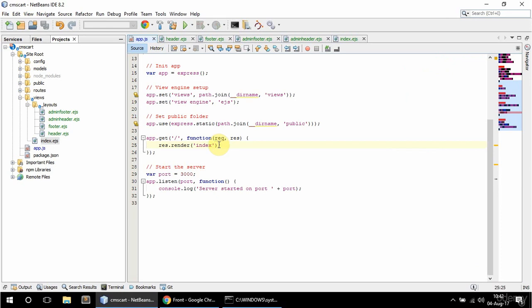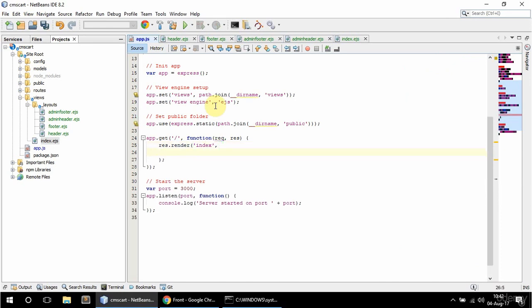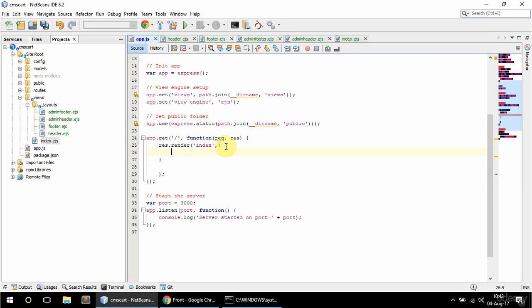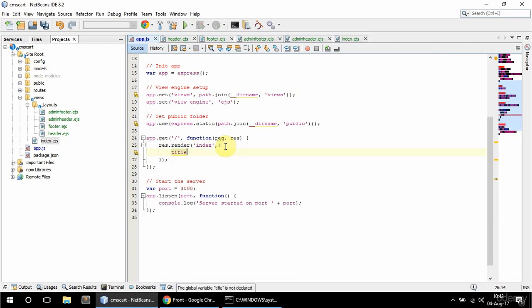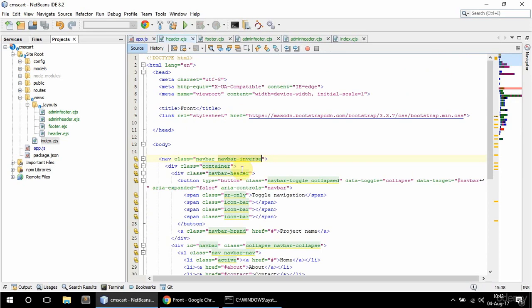And you can also pass data to the view as a second argument, which is supposed to be an object. So I can say here, for example, title, and have home here as a title. And then in the view, which is here,